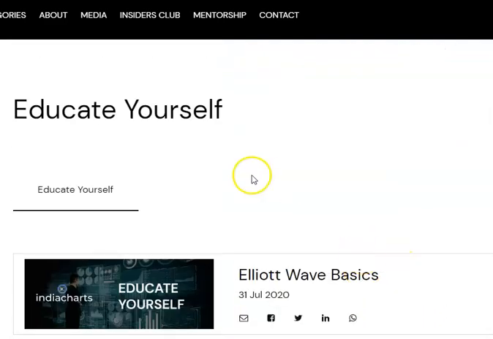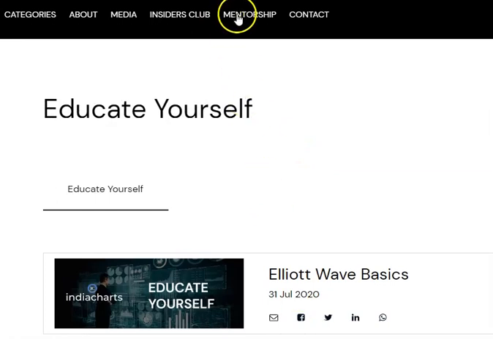So multiple tools that you can get into if you're really interested in our mentorship program. We conduct that once or twice a year. We've done it twice this year. You can probably wait for the next one. It's not running right now. We probably have another one at the end of the year or the earlier part of next year. So we look forward to that.